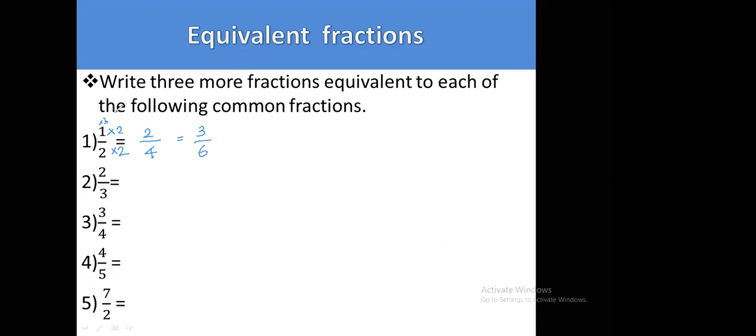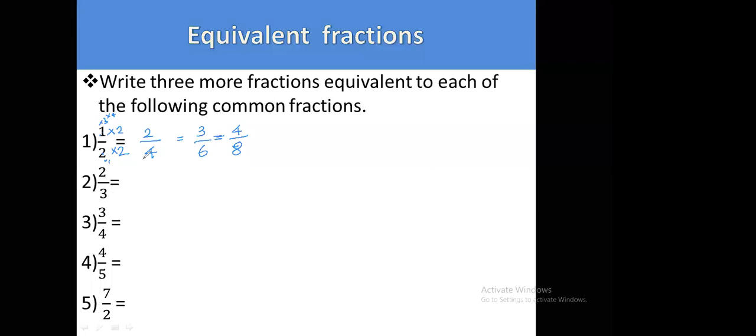If you multiply the same thing by 4, even 4. Teacher, we should multiply 1 and 2 only with different numbers, only that. Yes, we have to multiply by the same number, both denominator and numerator. If I multiply this by 4, this is also definitely by 4. Then 4 times 2, 8. If you multiply this by 5, this is also definitely by 5 to obtain the equivalent fractions. Right? Okay, teacher.